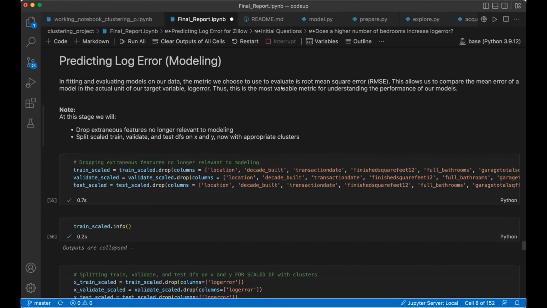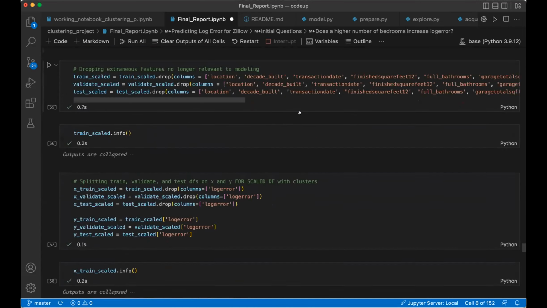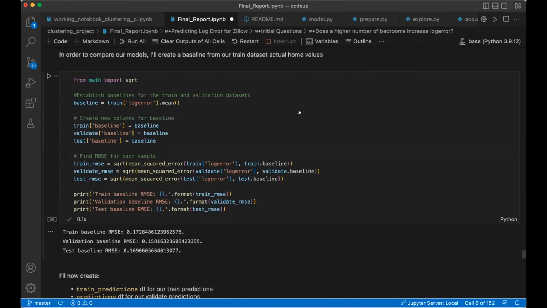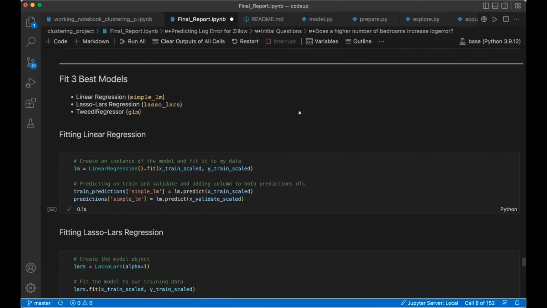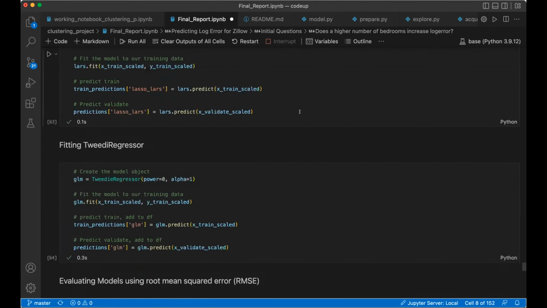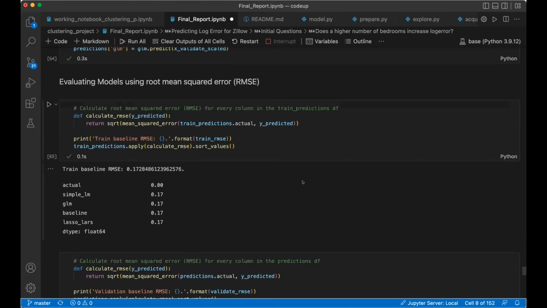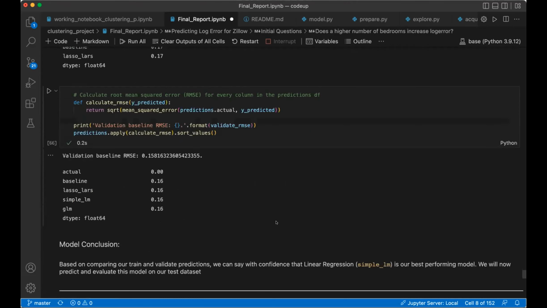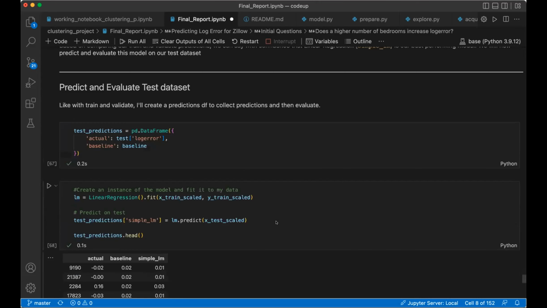So here, moving on to predicting log error, I evaluated on root mean square error, scaling my data appropriately, splitting on X and Y, creating my baseline. And now I move on to fitting my best three models, namely linear regression, lasso Lars, and tree regressor. When I fit and predicted on our train and validate, we found essentially the same results across the board. So moving to my test set, I chose simple LM or linear regression